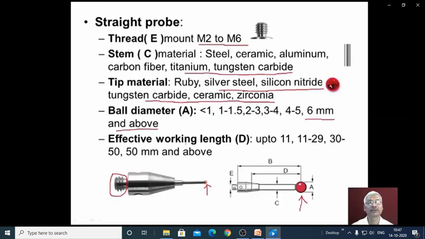The effective working length of the probe is D. The probes of different working lengths are available: up to 11 millimeter, 11 to 29 millimeter, 30 to 50 and 50 mm and above. So depending upon the application, we can select probes of different length.